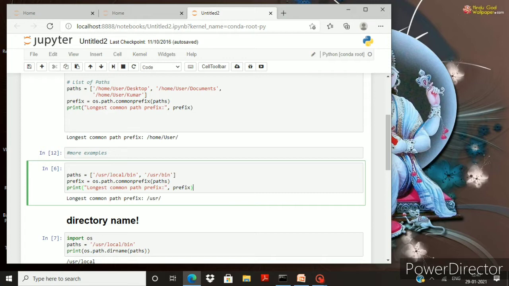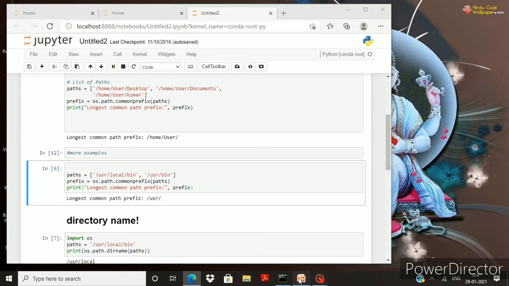In the second case, the bin is directly inside the folder user. So it will display only the prefix user, because the two bins are in different subfolders, so it does not display bin as the common prefix.